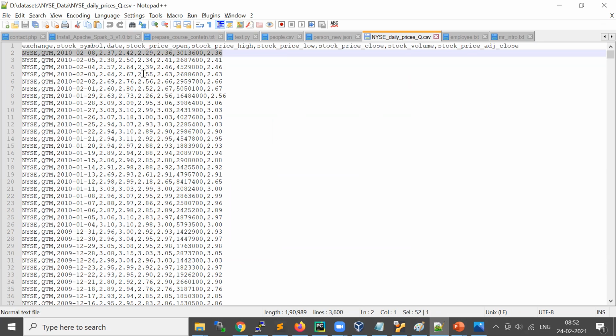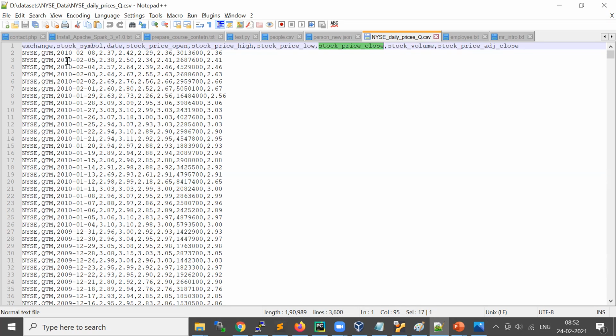You see there's an exchange, basically the exchange the data has come from, the stock symbol, which is the company stock symbol, the date, the stock price, the day's high price and low price, the closing price, the stock volume and the adjusted price, stuff like that. So we want to find out for each stock symbol what is the maximum closing price.